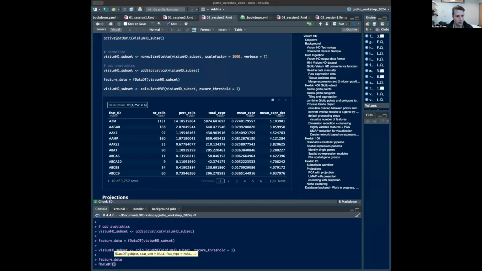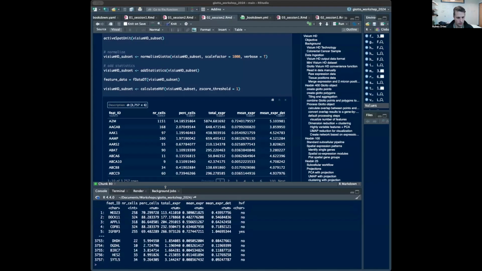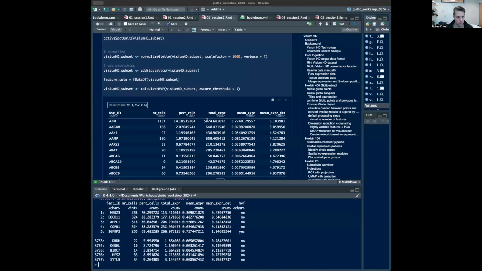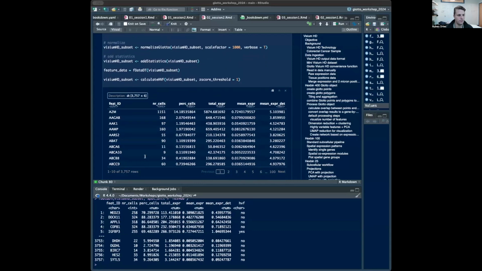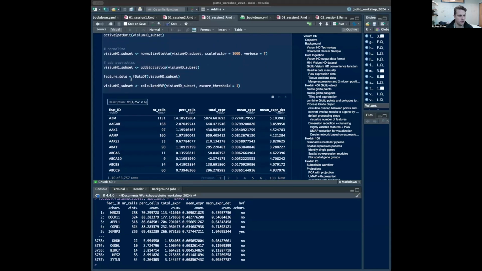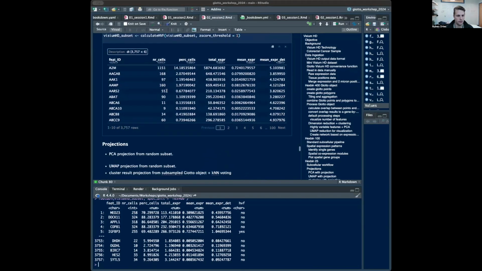I just want to see if I can show you this side by side. In the smaller one, we don't have the same genes here, so it's a little bit harder to see. Anyway, you can look at it yourself. You can look at the feature data, P data, to get an idea of what the mean expression was, or the total expression per hexagon. I should have actually looked at the cell metadata between the hex 400 and the hex 25,